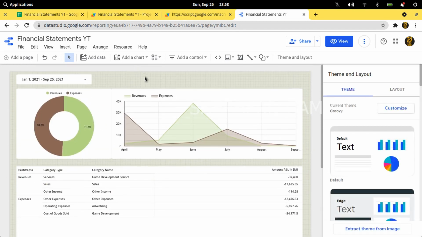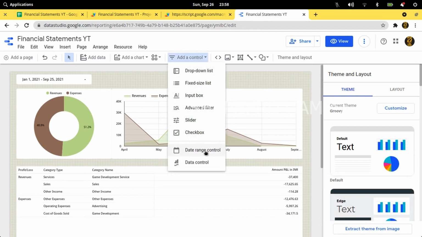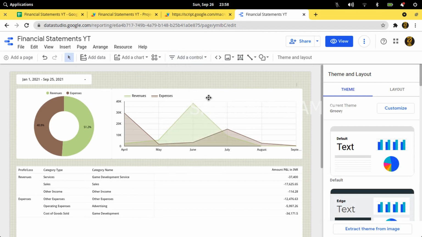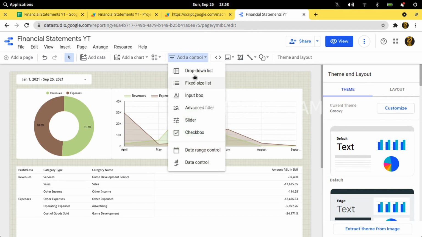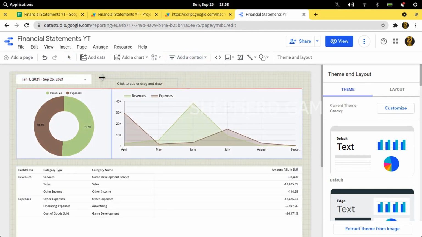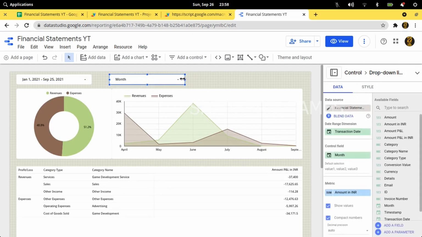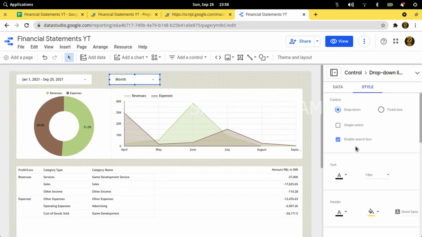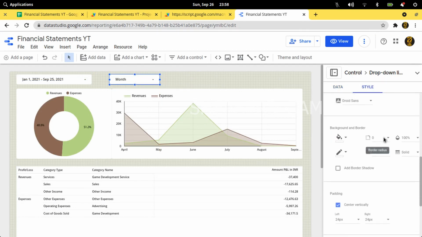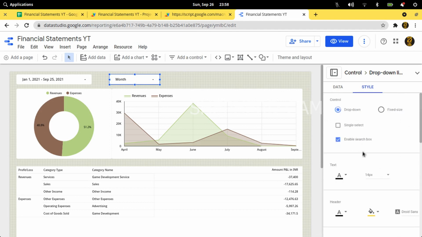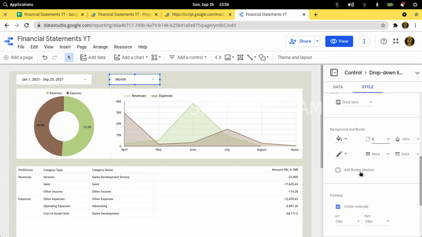Okay, cool, right? So I'll add one more control. Oh, I'm sorry, not this one. I'll add one more control, drop down, which is month. Same again, let's have a border radius of 5. Let's remove the box shadow,